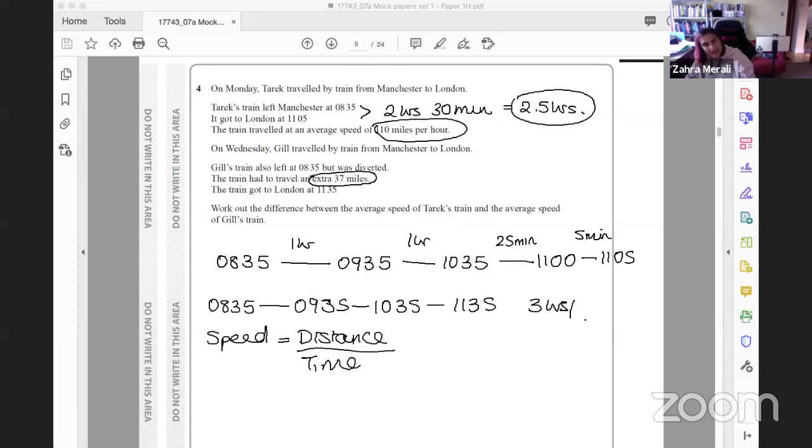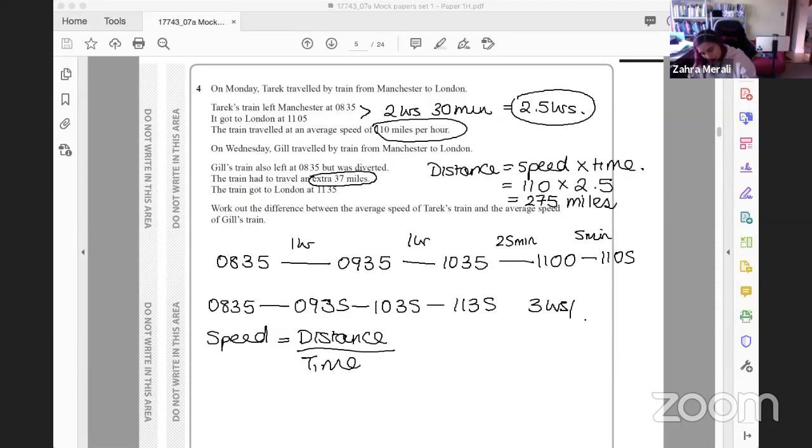So if speed is distance over time, distance is going to be your speed times time. So your speed is 110 and you're multiplying it by 2.5. So you're going to say 2 lots of 110, which gives you 220 plus 0.5 of it. So you've got 55. So altogether, our distance is